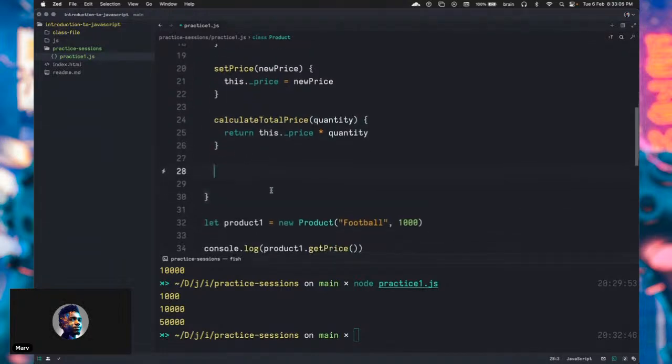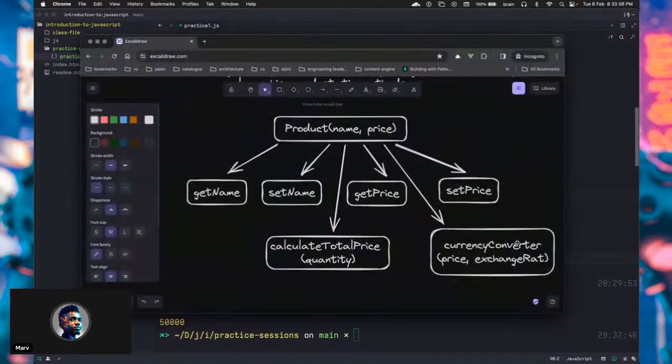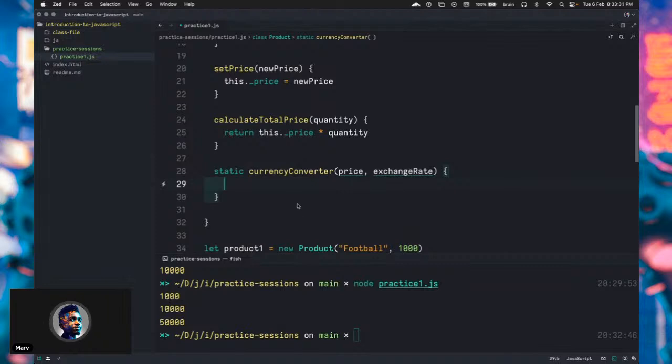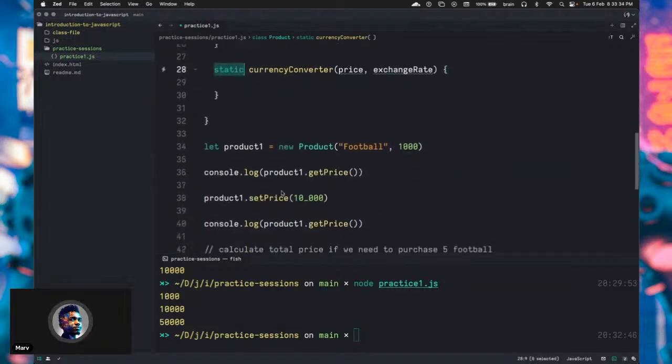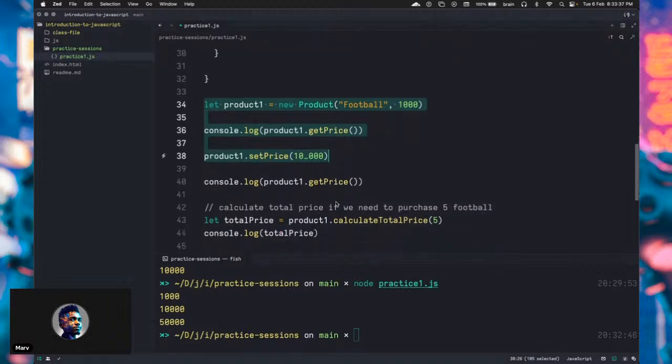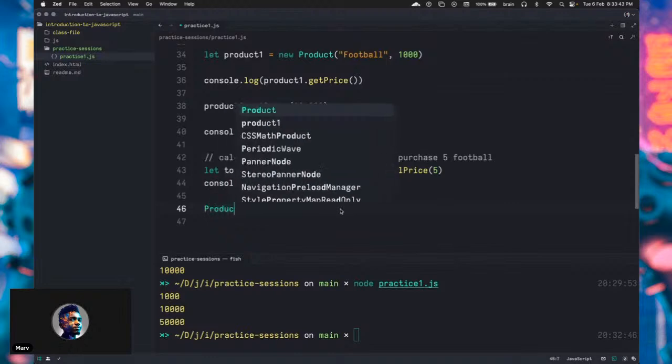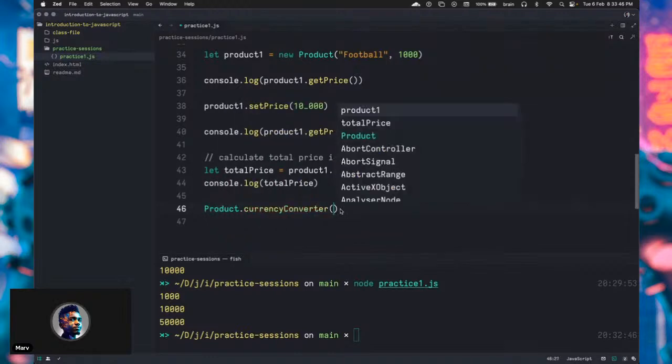Okay. Next, we are going to look at the currency converter, where we can include the price and the exchange rate. This time around, we're making it a static method. So let's call that currency converter. Okay, so we're going to add the price and the exchange rate. Okay, so now this is what we have: the price and the exchange rate. It's static, meaning that whether you choose to create a new instance or not, you can actually call the currency converter directly, right? So I can simply go ahead and say product.currencyConverter,